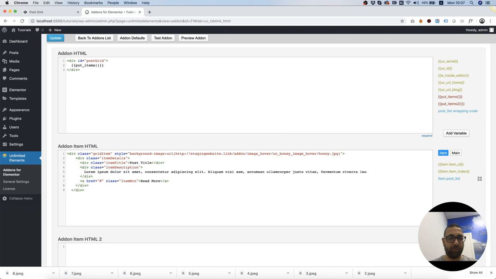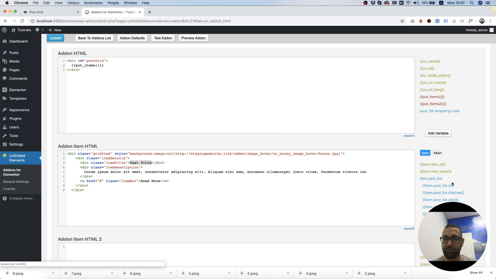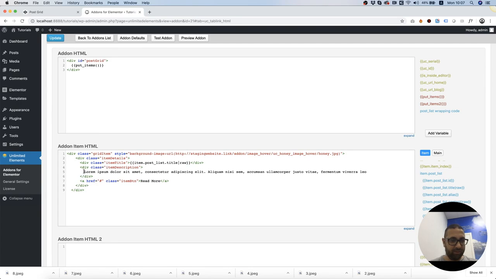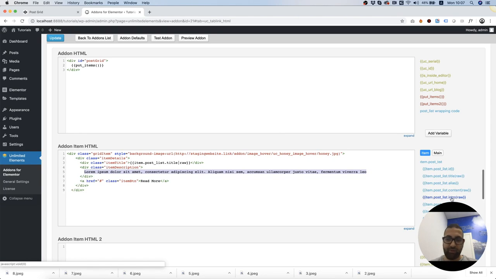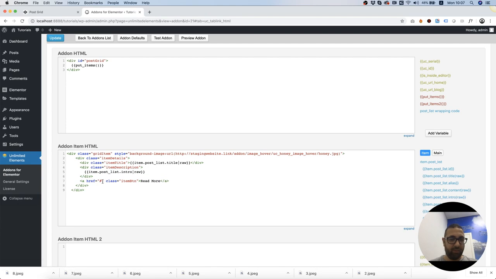Next thing I'm going to do is change the title to be a dynamic title that's going to come from our posts. And over here you can see there's a show all fields button for the post. We need to select the exact field we want to populate into this HTML. So I'm going for title, and for the description, we can go for intro text, and for the link,